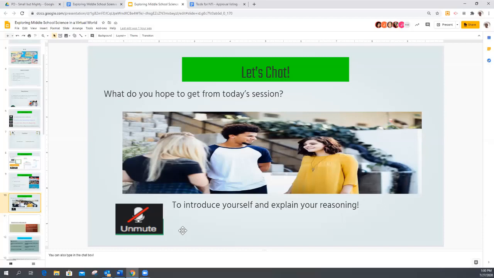Yeah, I think that's going to be critical, and I'm going to say this a couple of times throughout this presentation. Start small, do what you know how to do well, and then begin to add things on. You don't have to go crazy with this. There doesn't have to be 1,000 bells and whistles in order to do online learning. It doesn't have to be like that.